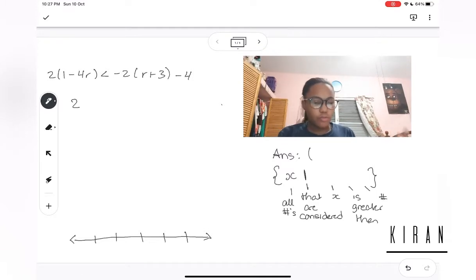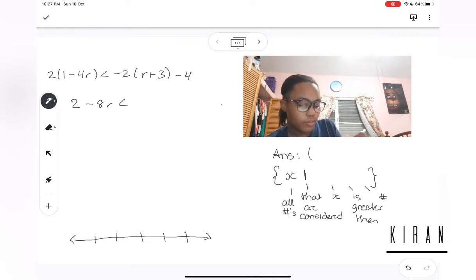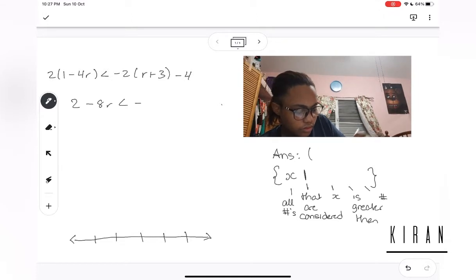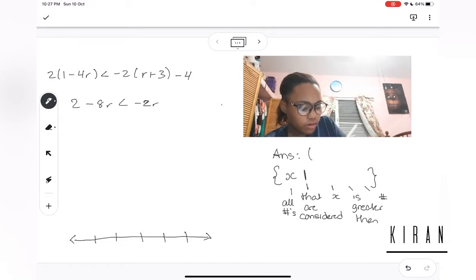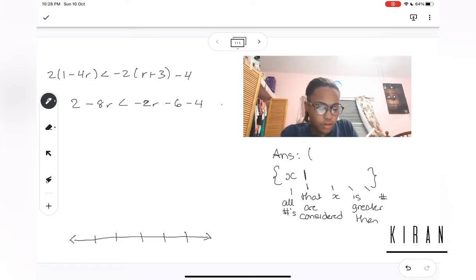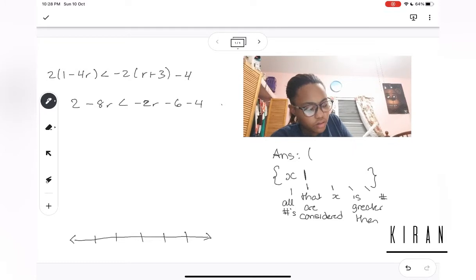So we have 2(1 - 4r) < -2(r + 3) - 4. First of all, we will have to get rid of our brackets, so we're going to get 2 - 8r is less than